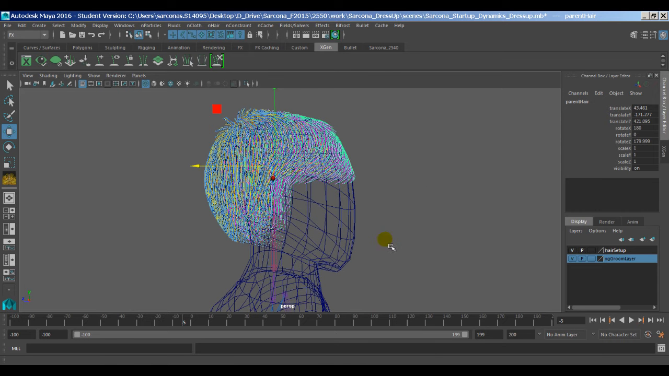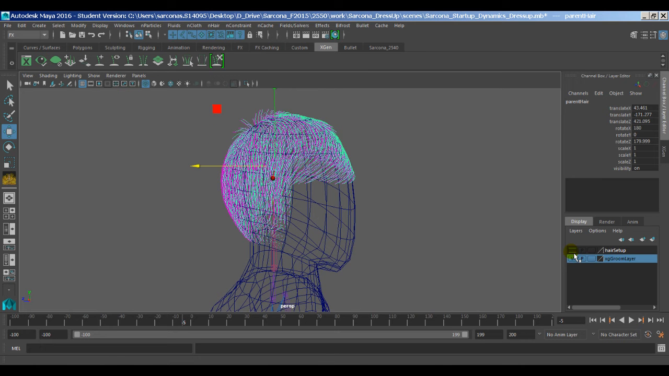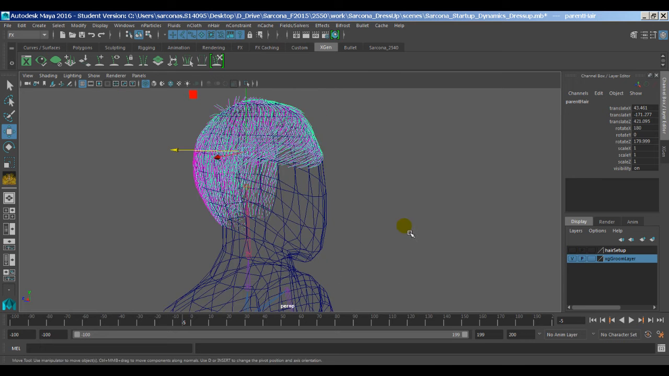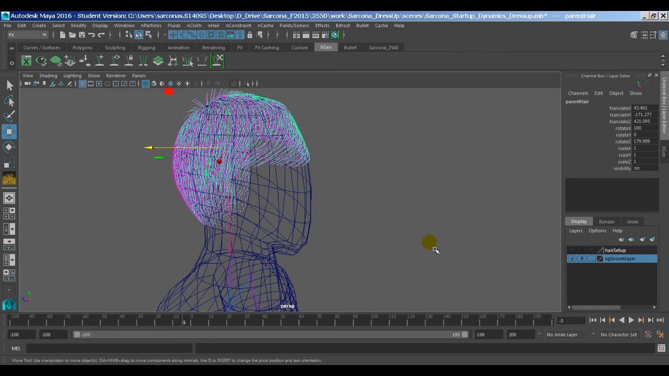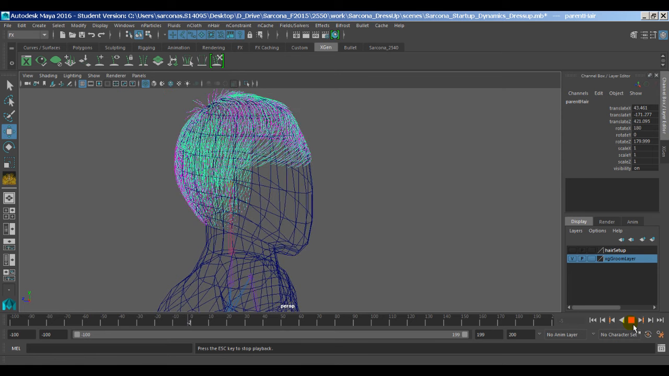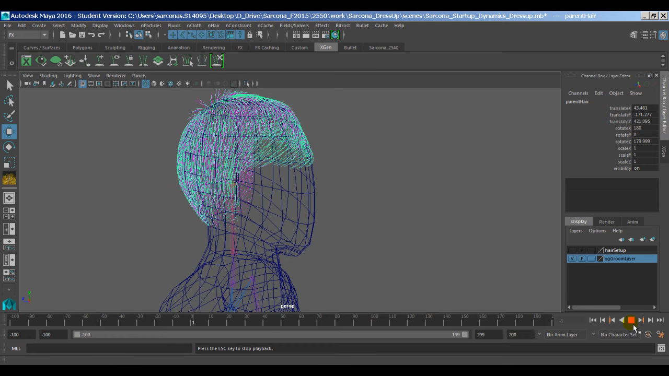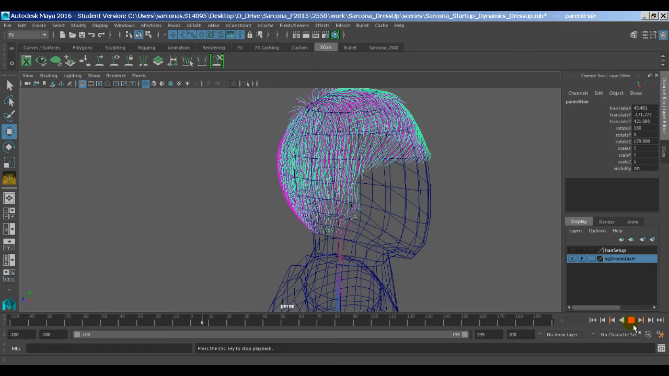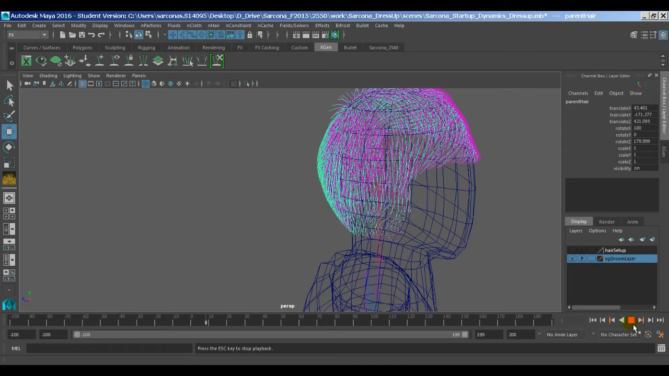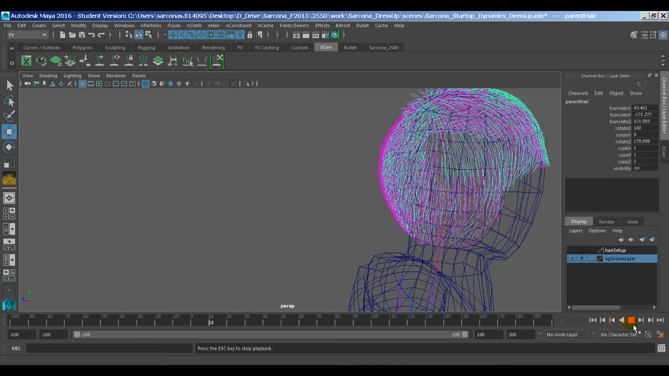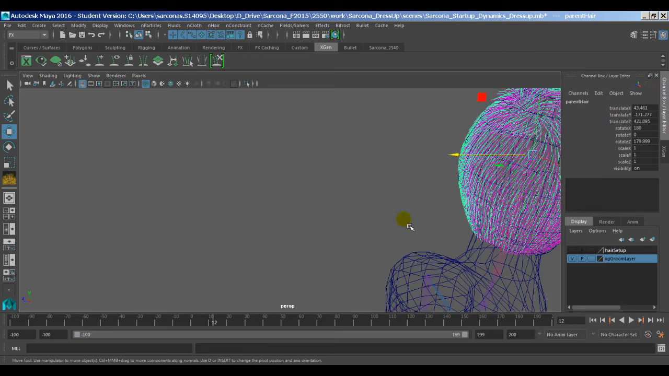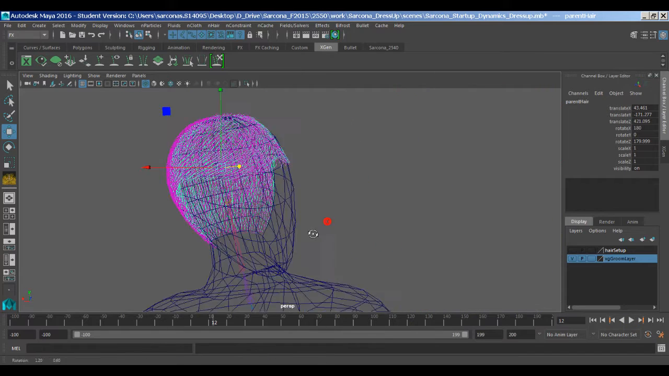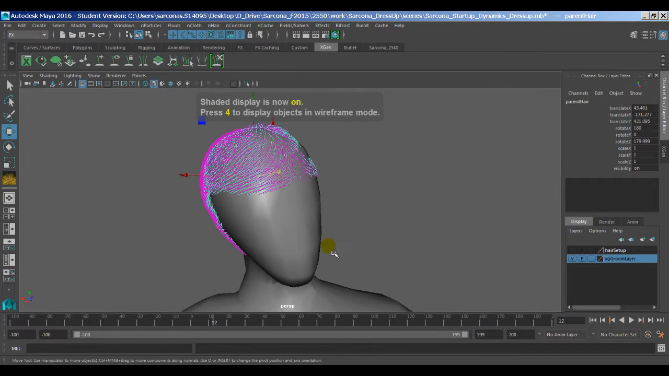Now I do have this hair setup still on. Let me turn that off, that's kind of confusing what we're seeing. And then we'll hit play again. And you can see how the hair is actually moving with the character now. So now it's dynamic. As he moves around, that hair is going to interact in a somewhat realistic fashion. Now it's not going to be perfect